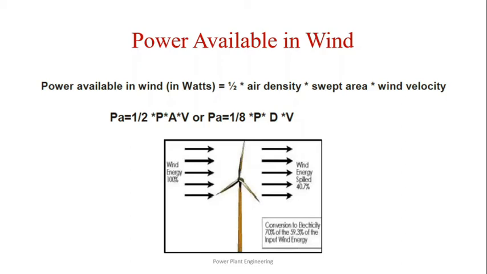In 1919, Betz calculated that there is a limit to how much power a turbine blade can extract from the wind. Beyond the Betz limit of 59.26% energy extraction, more and more air tends to go around the turbine rather than through it, with air piling up in front. So 59.26% is the absolute maximum that can be extracted from the available power. Very well explained in the figure.